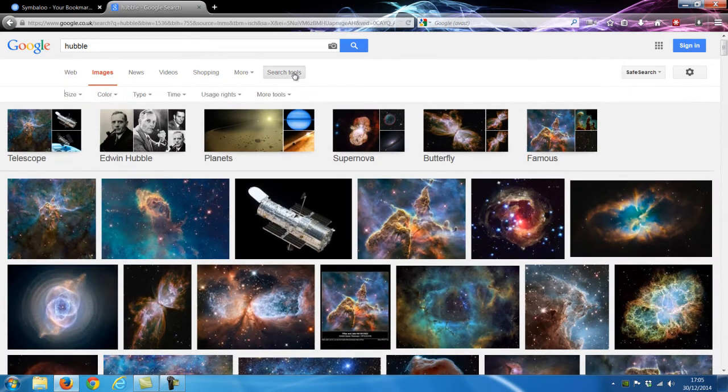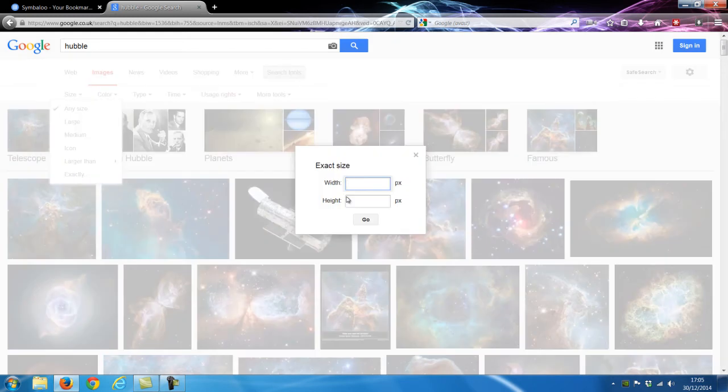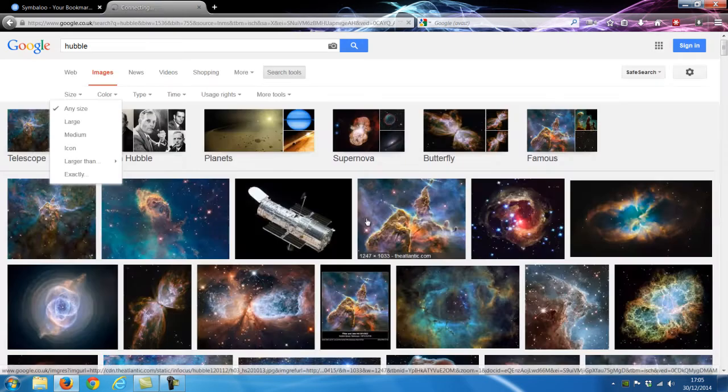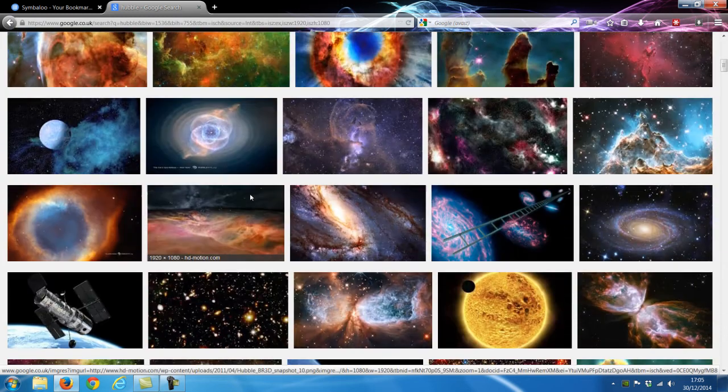Click on Search Tools and change the size to exactly 1920 by 1080. And those are pixels. And that is HD television, 1920 by 1080, also known as 1080p. Click on Go. Now, not all of the images will work, so I've found one earlier, and I'm going to